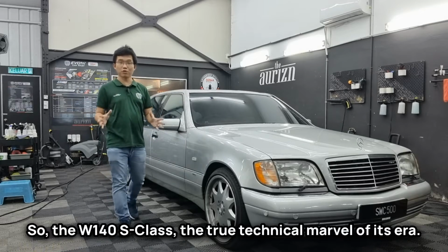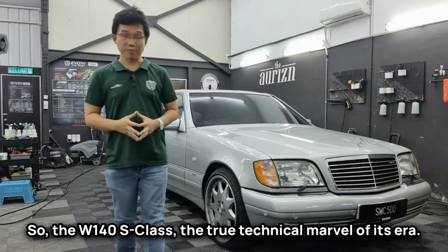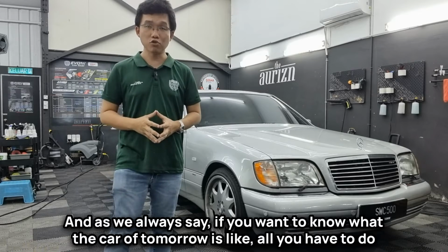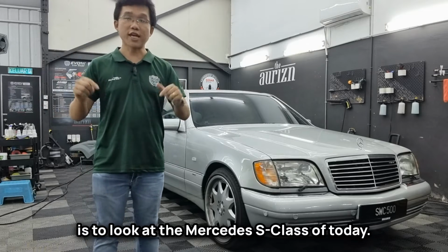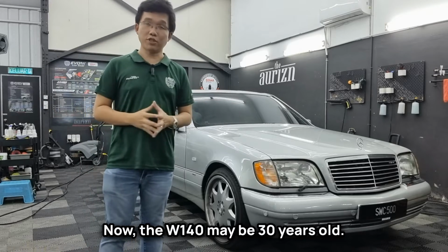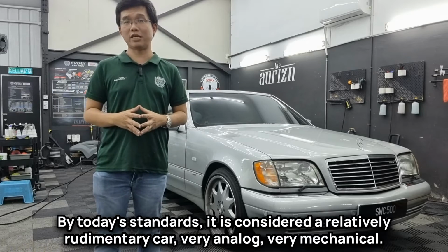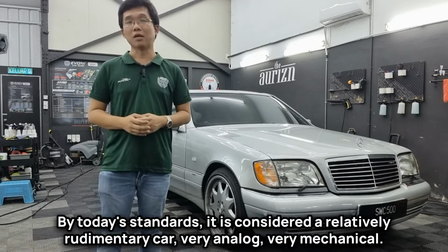So the W140 S-Class, a true technical marvel of its era. And as we always say, if you want to know what the car of tomorrow is like, all you have to do is to look at the Mercedes S-Class of today. Now, the W140 may be 30 years old. By today's standards, it is considered a relatively rudimentary car, very analog, very mechanical. But